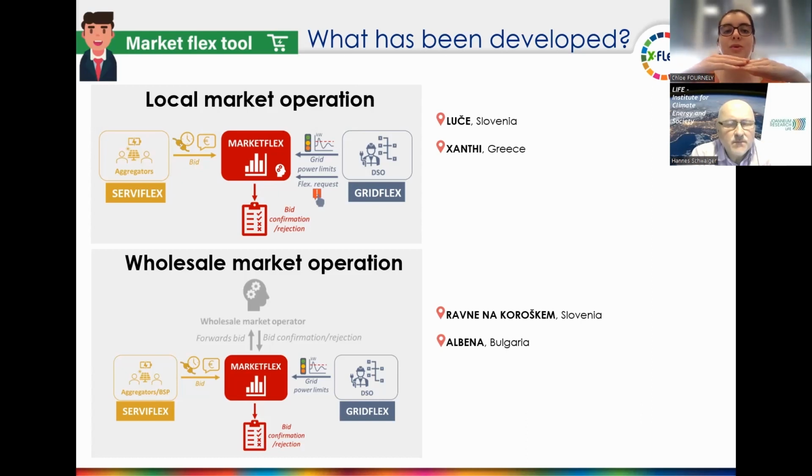This indicates to what extent these flexible units in the grid could consume or inject. If it's all green, then whatever they consume or inject would not really impact the voltage or create congestions. If it's yellow, there is a risk of congestion or voltage deviations. And in the case of red, this is a really dangerous state, and this is where DSOs have the possibility to send a request for flexibility.